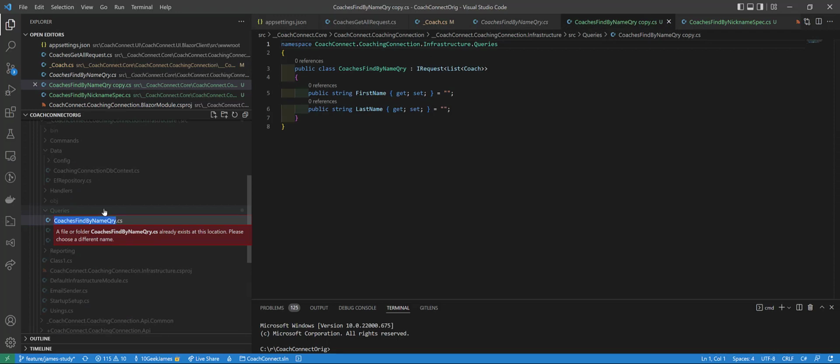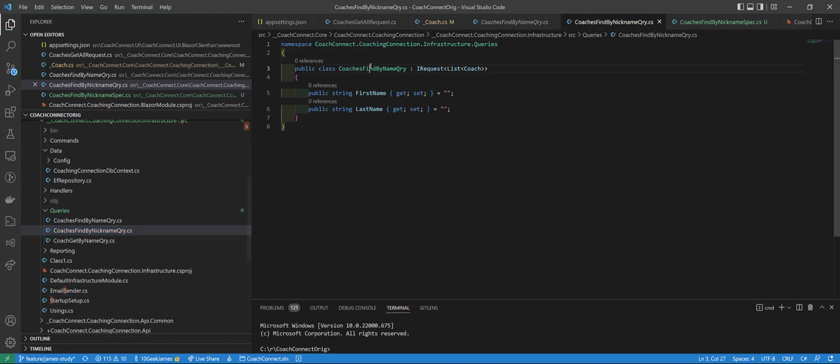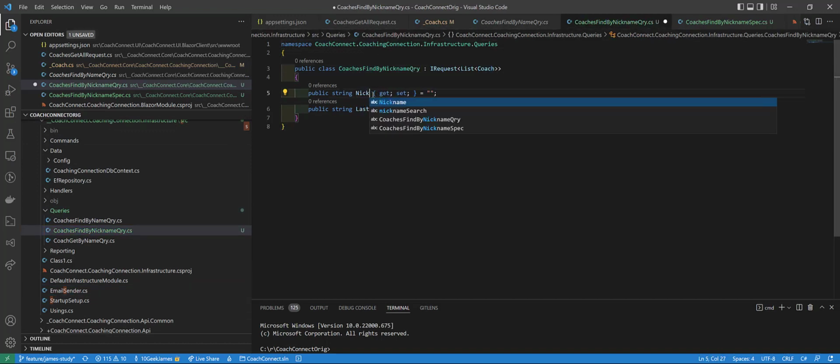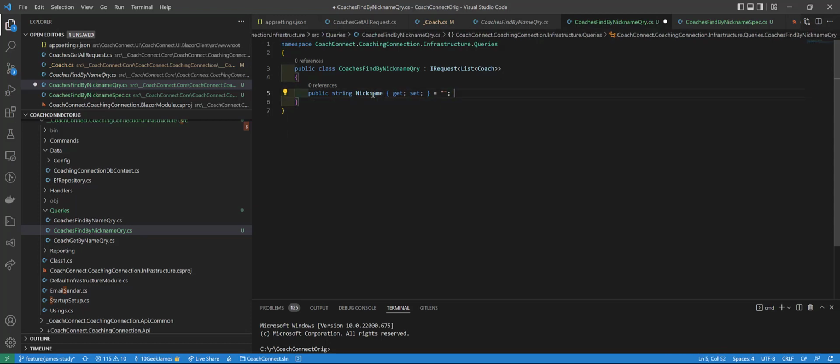Let's say coach is find by nickname query. It's going to give us a list of coaches, with a nickname search string. We're going to make this one quiet, so let's not give it a default.